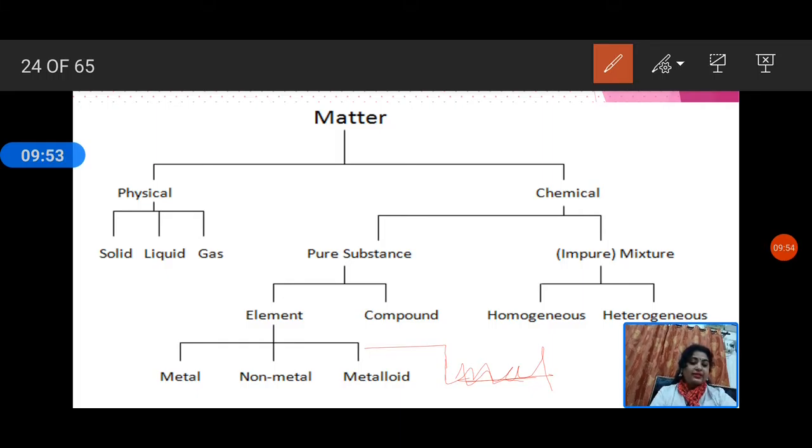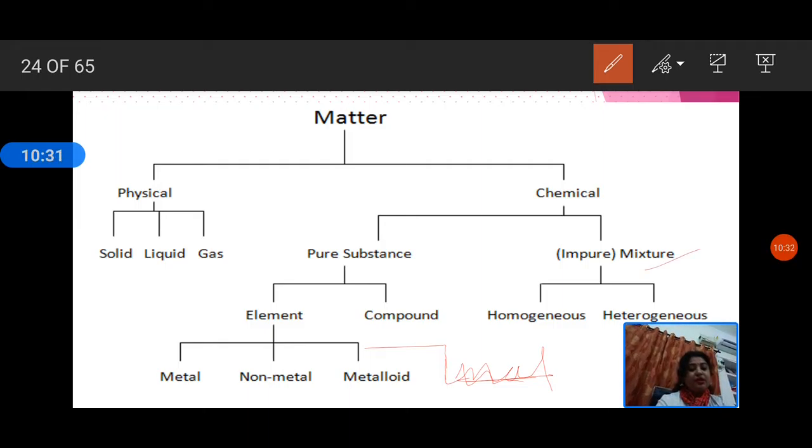Last is noble gases. They occur in the free gaseous state in traces in the atmosphere. They are chemically inactive or inert. They contain one type of atoms and are monoatomic. For example, helium, neon, argon, krypton, xenon, radon. As we have said that they are inactive and inert, but you will find that there are few compounds prepared by xenon and fluorine that we will study when this point will come.